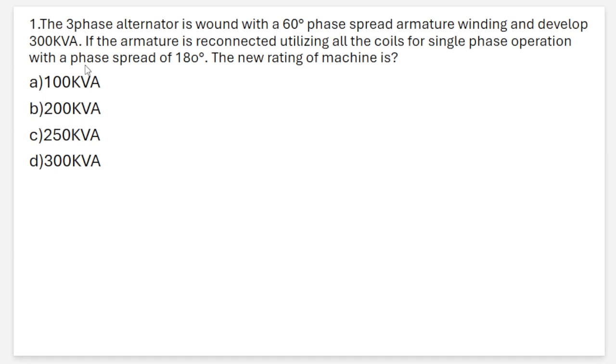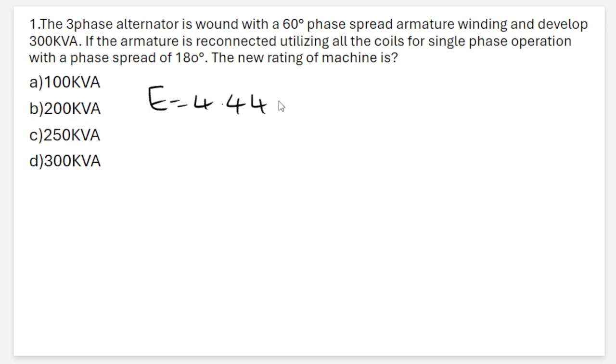The first question is: a three-phase alternator is wound with a 60 degrees phase spread armature winding and develops 300 kVA. If the armature is reconnected utilizing all the coils for single phase operation with a phase spread of 180 degrees, the new rating of the machine is? Options are A 100 kVA, option B 200 kVA, option C 250 kVA, option D 300 kVA. The solution: induced EMF in a three-phase alternator is E is equal to